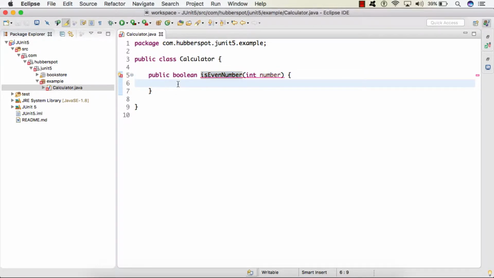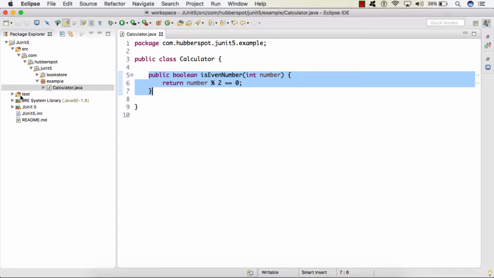So inside this method we can simply return true if the number divided by 2 gives remainder 0, then it's an even number, and if the remainder is not 0, then it's an odd number, so we'll simply return false. So friends, now let's test this method using @ParameterizedTest.